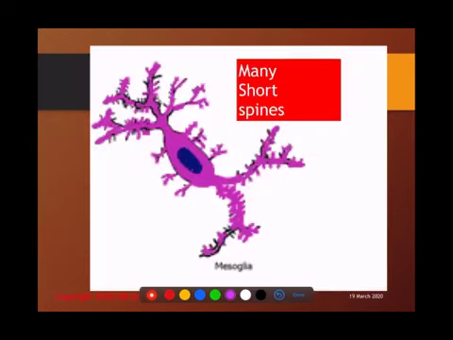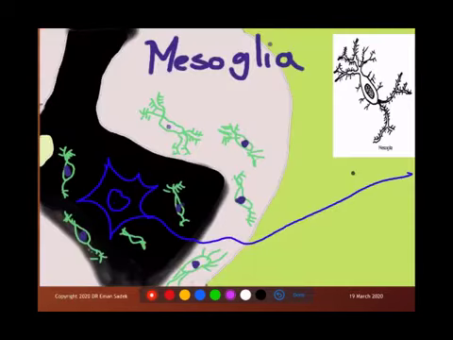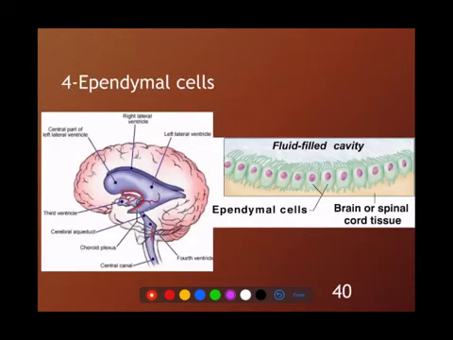Now this is the picture of the microglia. It is the smallest. It has many but short branches decorated by these spines. Then another picture also for the mesoglia. You can see they are present in the gray matter as well as in the white matter. Why? Because they are responsible for phagocytosis and the protection of the nervous tissue. So they can be stained by a vital stain. Now we have finished the three major types in the neuroglia,